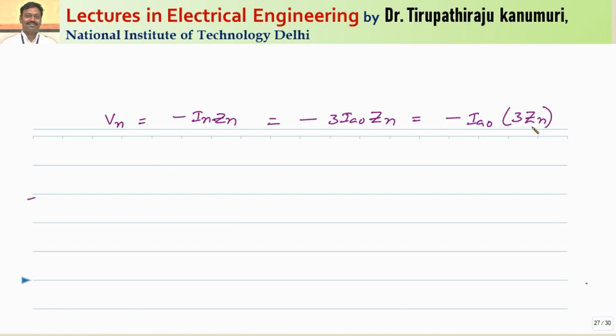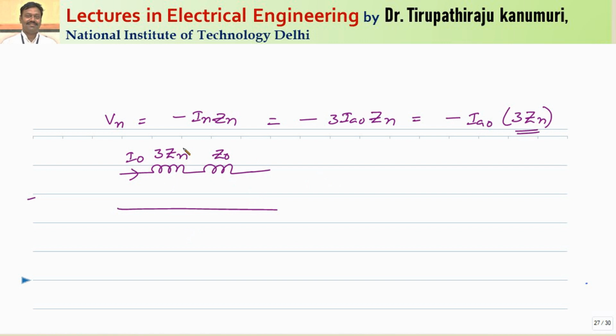So practically, if you are connecting your neutral through some impedance, that impedance will be multiplied by 3 while representing it in the zero sequence network. Please remember this one. Why we are taking 3 times ZN, the reason is this one. I hope this is clear to you. Now I can represent this in this form. For this particular star connection, Z0 is the zero sequence impedance and this will be equal to 3 times ZN, and the current I0 is passing through this. So this is the equivalent zero sequence network for this connection.